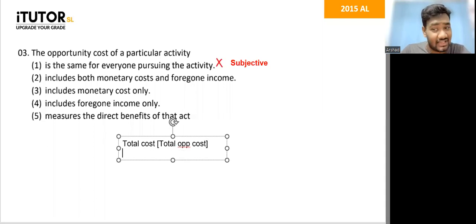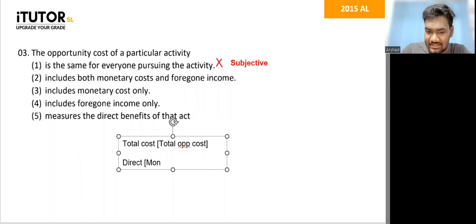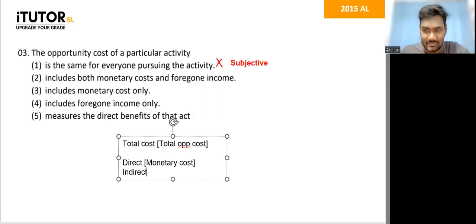This total opportunity cost had what, guys? It had both direct, that is monetary cost, right? And indirect, right? That is implicit, right? Direct means explicit. This means implicit, right? You also have this, no? So in this only you had foregone income, and all of that. All the others was under this. So in this question, guys, what do you think is the most correct answer when they say opportunity cost?